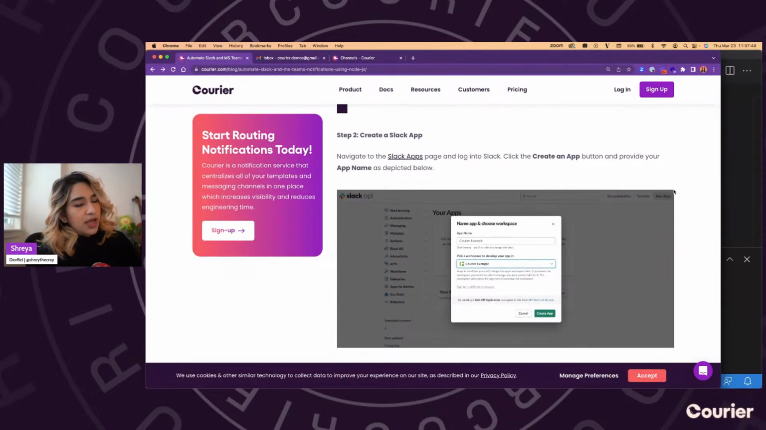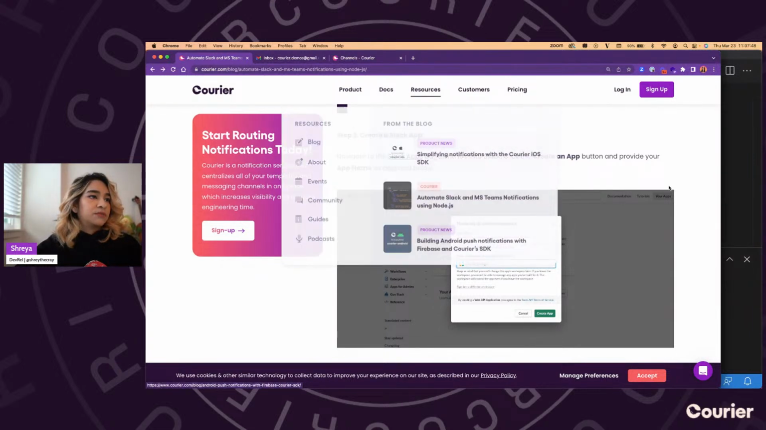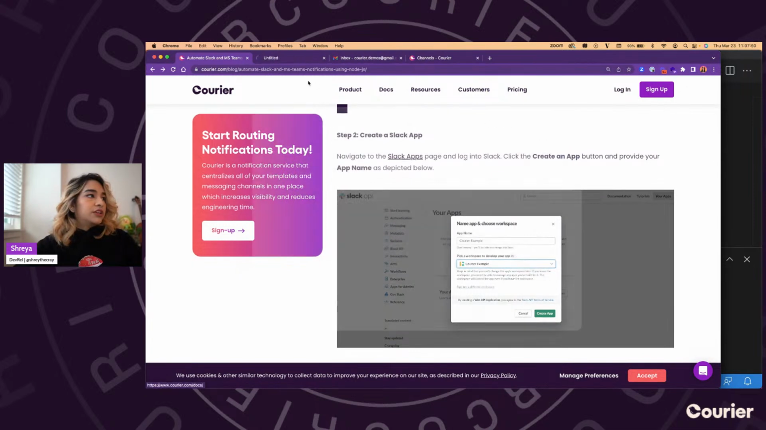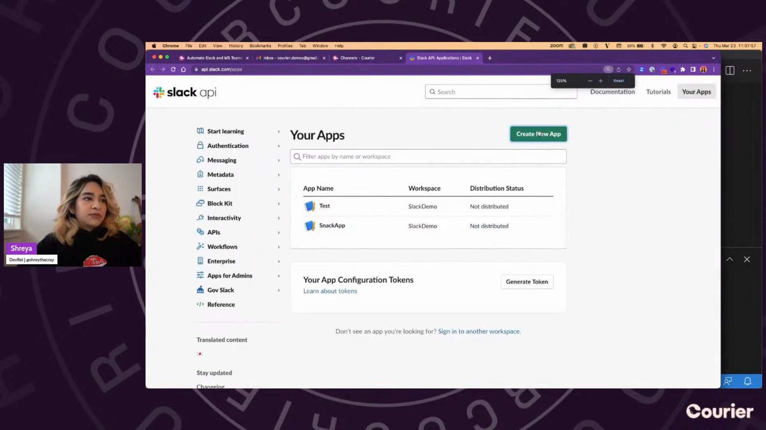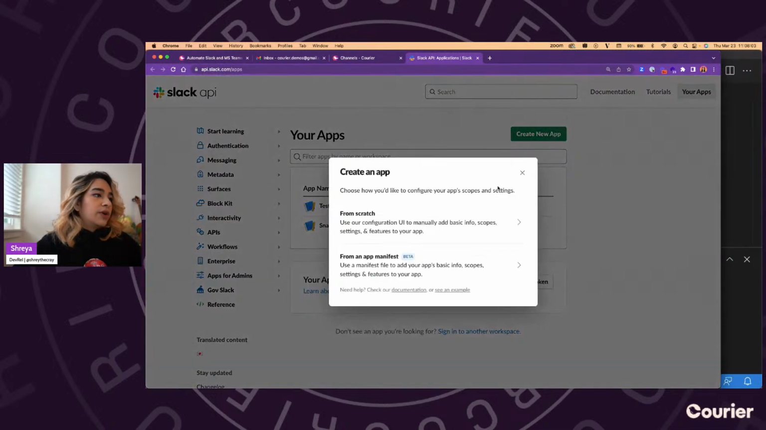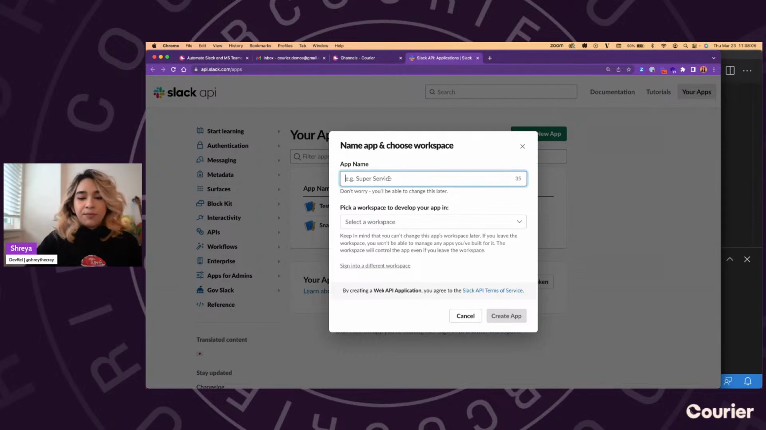If you already have a Slack app, you can skip this step. I don't have one, so I'm going to create one from scratch over here. And there's obviously a really nice green button that makes it very obvious. I'm going to go ahead and click that. Okay, from scratch. App name. What should I call this? I'm going to call this,